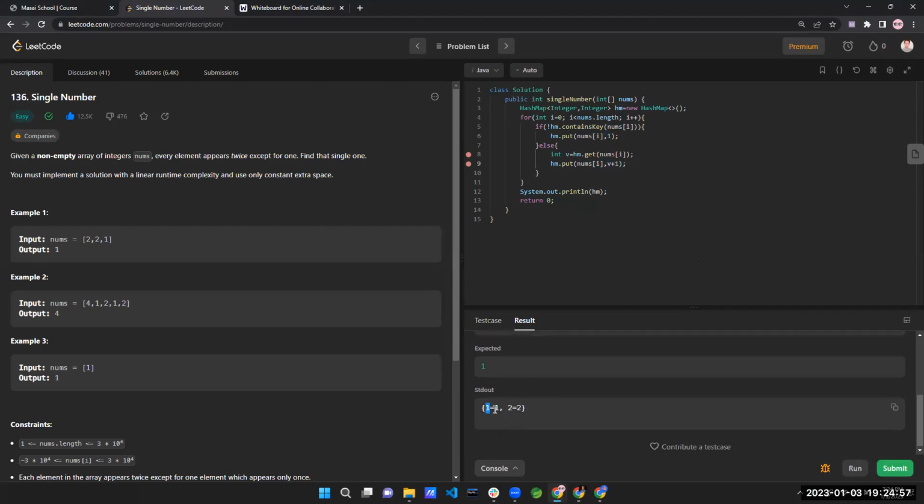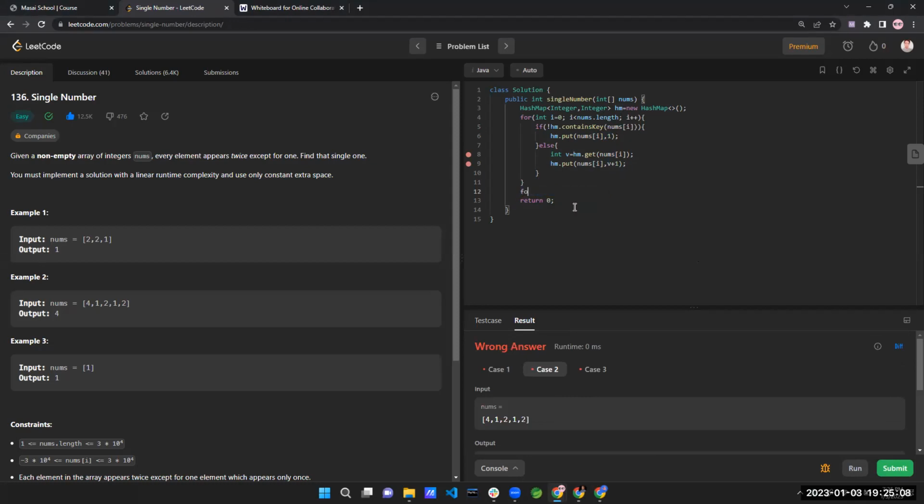So here you can see that 1 is present 1 time and 2 is present 2 times. And in case 2, 1 is present 2 times, 2 is present 2 times, and 4 is present 2 times. So now what I will do is take int a in sm dot keySet. That's how sm dot keySet will give me all the keys of the hash map, and I'm iterating over